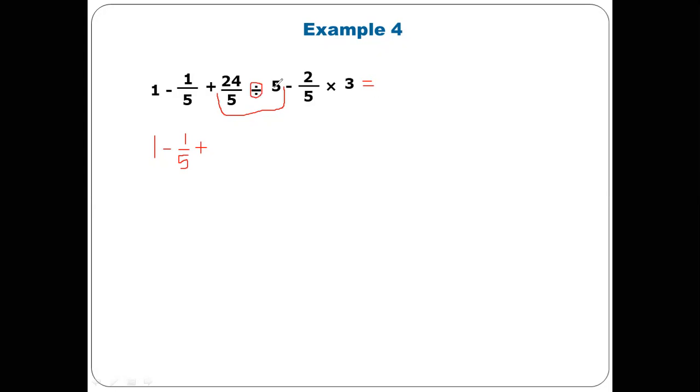On this side, I have a whole number, so I can easily change it by putting it over 1. In order to divide these two fractions, I have to use the strategy keep